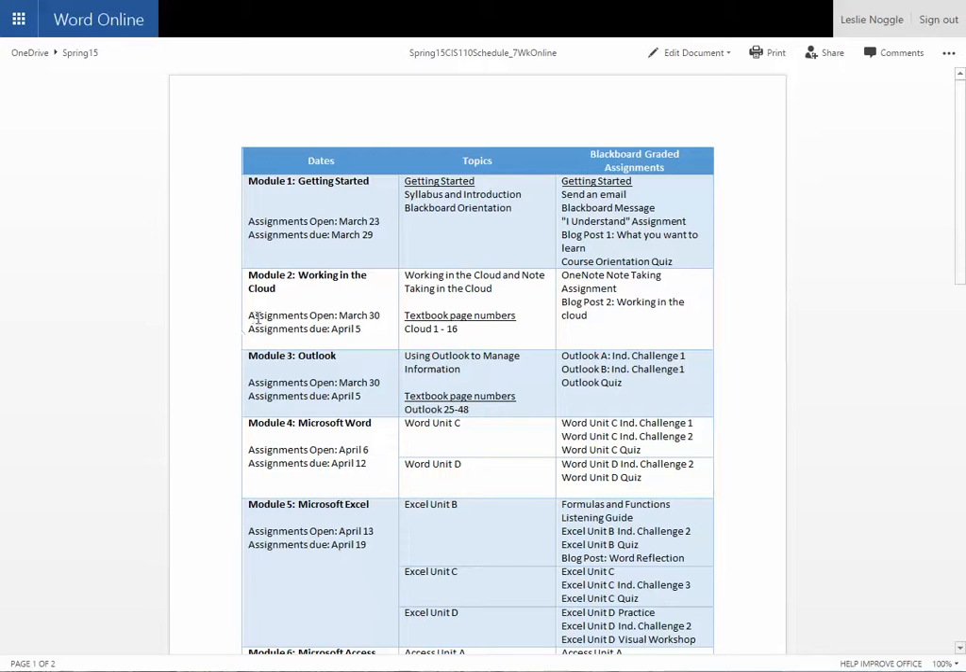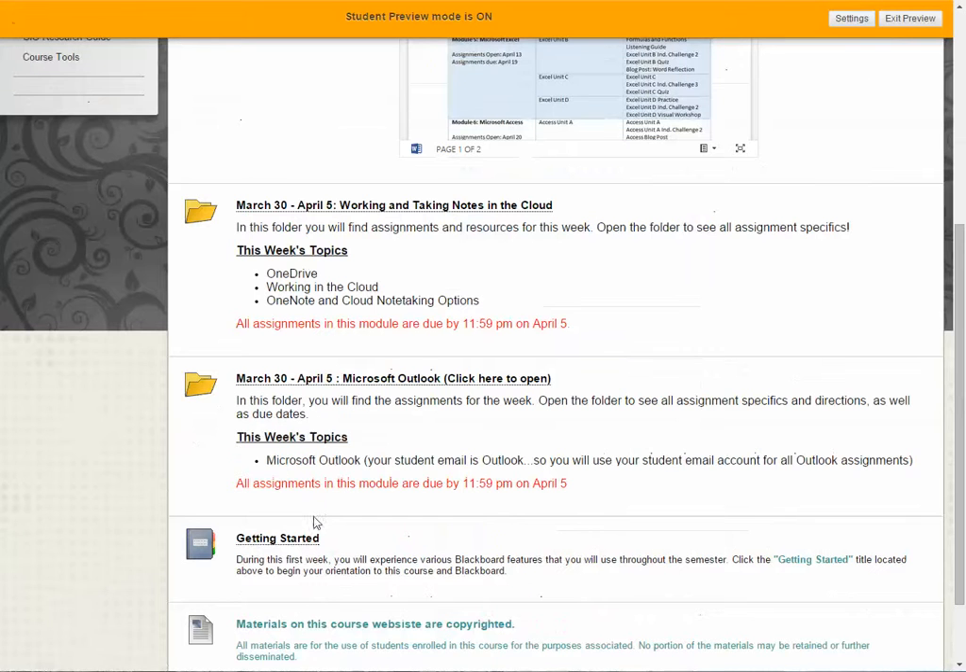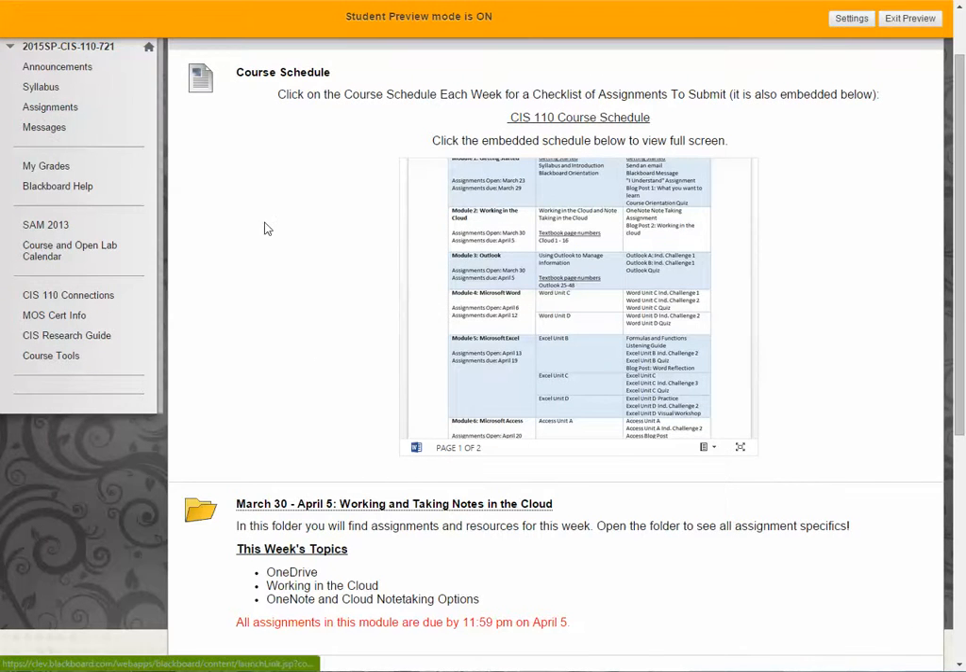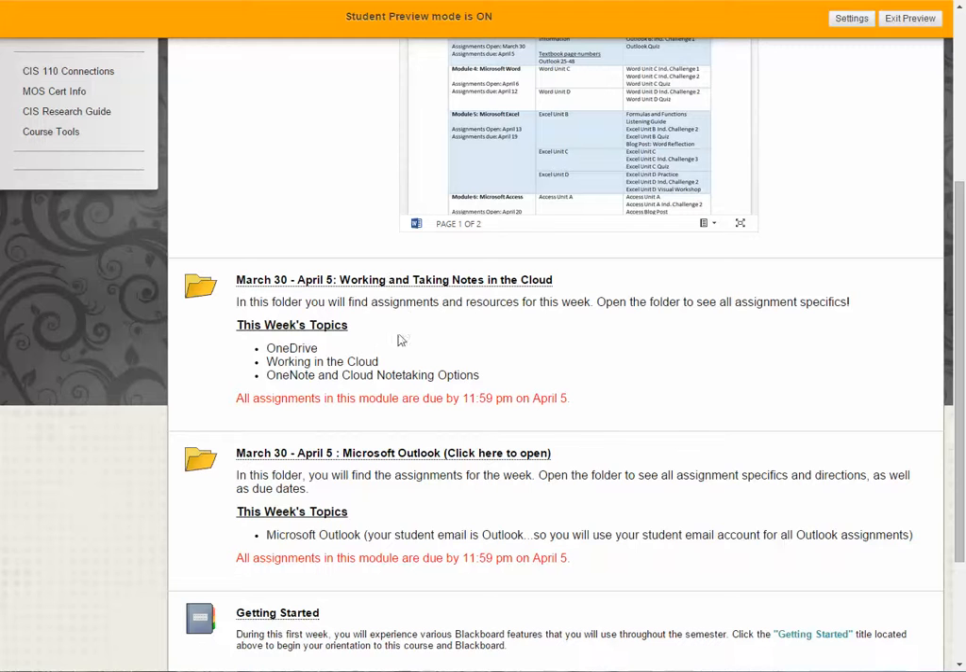You can see that opening today, you had modules 2 and 3. So you're going to be looking at working in the cloud as well as Outlook. Both of those will be due by Sunday night, April 5th. I know that's a short turnaround, but remember that we only have 7 weeks to cover a whole semester's worth of material. So you will see both of those modules listed under that course schedule, again by clicking Assignments. And to see your specific assignments for each one, you will just need to click on the folder,